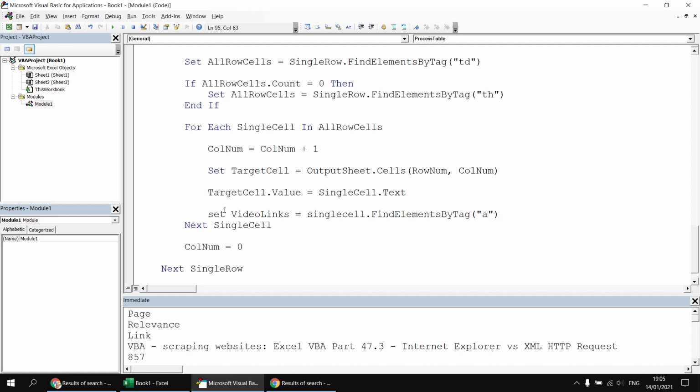Close the double quotes, close the round brackets, and that will do one of two things. It will either return a collection consisting of 0 items when there are no A tags to find, or a collection containing the one single hyperlink belonging to that last cell in the row. So at this point, we're going to check if videolinks.count is greater than 0, then we want to do something. So we can head down a couple of lines and then say end if, and then inside that if statement,